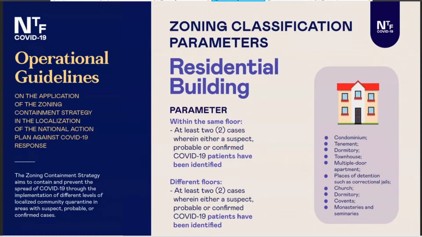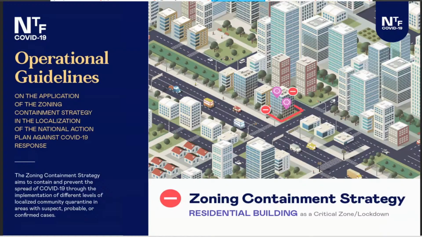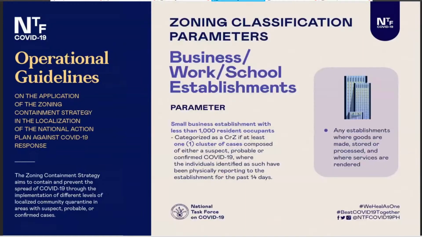Ibig sabihin sa isang condominium, for example, pag may dalawang kaso na po or marami pa in one floor, so that's residential floor lockdown. Pero pag may at least two cases identified in two different floors, then residential building lockdown na po ang gagawin. So, ito po yung sample of a residential building classified as critical zone or lockdown area wherein two cases are identified. So, yun yung ila-lockdown lang. Yung building, hindi po yung lahat ng street. Okay. So, moving on is